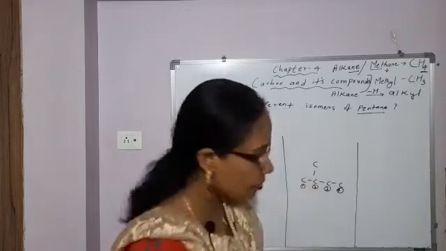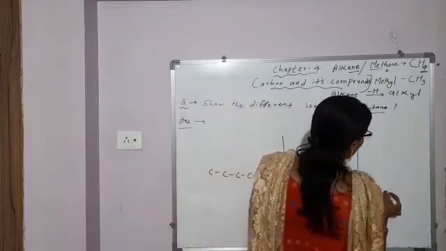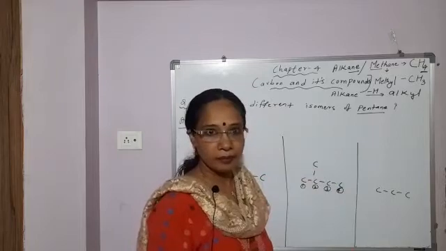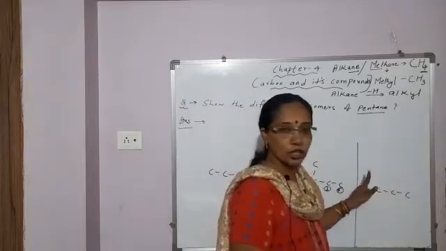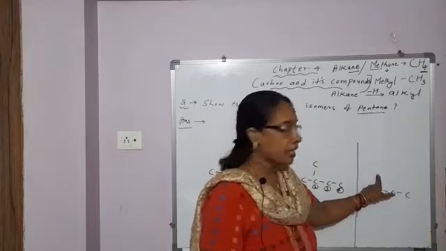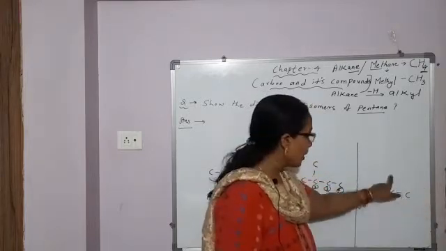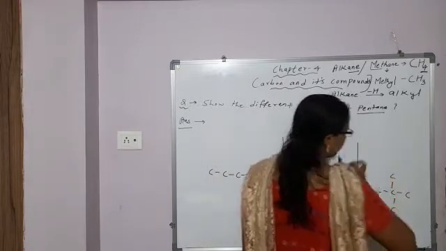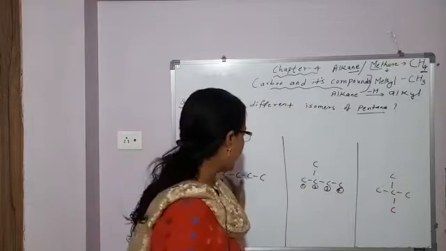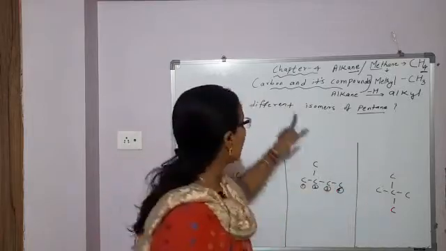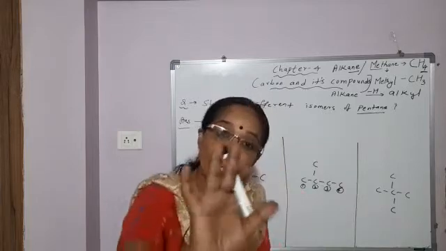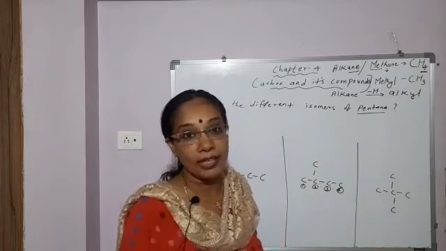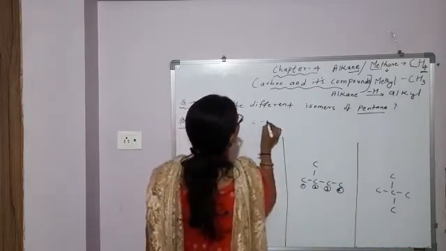Next, how you can arrange these 5 carbon atoms? Now 3 carbon you can arrange in straight chain and 4th and 5th in branching. Again for branching, first carbon atom you will not take. If you will take this carbon, this will be first carbon. If you will take this carbon, it will be first carbon. So where you will do branching? Here. So 1, 2, 3, 4, 5. No other way left to arrange 5 carbon atoms. It means pentane, how many isomers? 3 isomers. Pentane, how many isomers? 3 isomers possible only.